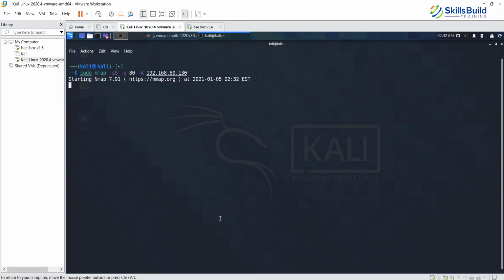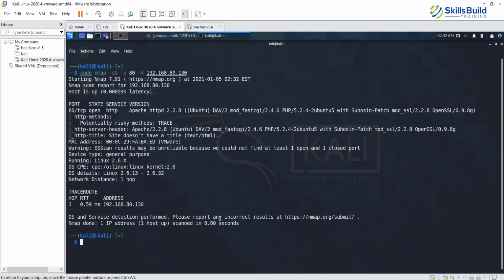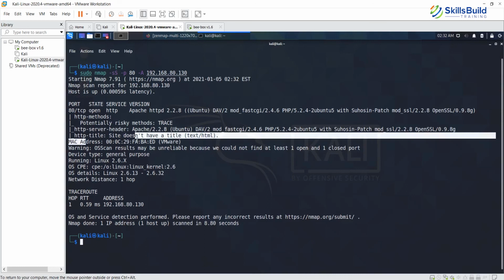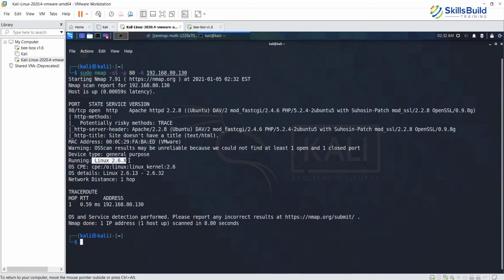All right, so there you go. So a lot of detail has been taken out, and it's found the web server, the operating system, and it has also found the header, and the site does not have a title, and the MAC address. Then it's also found the operating system details, network hop, and the IP address.